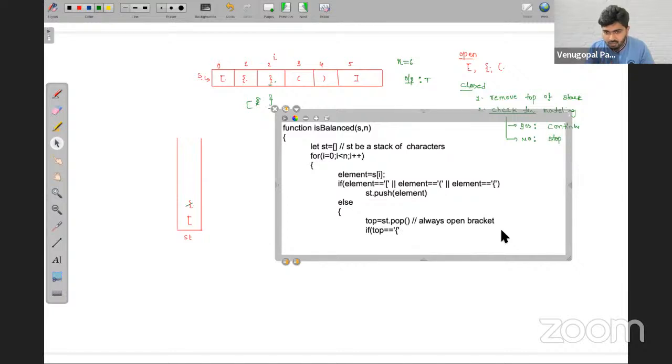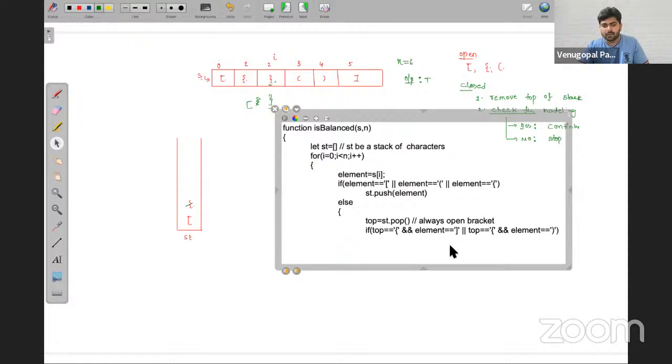If your top is equal to this and your element is equal to this, if this condition is true, or your top is equal to this and your element is equal to this, then what does this mean?